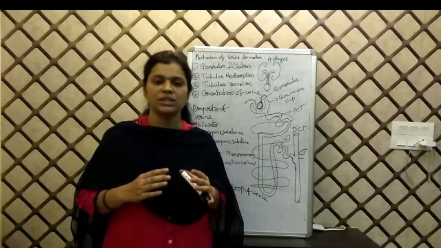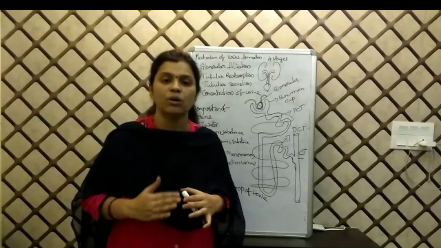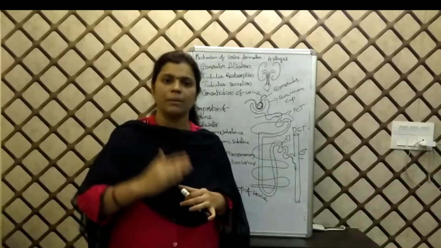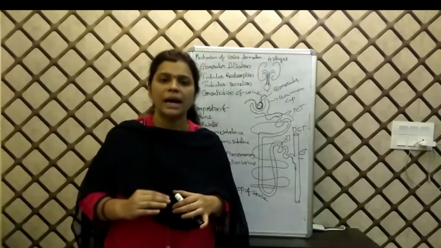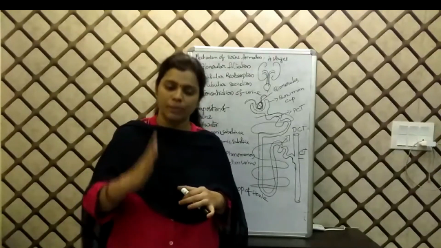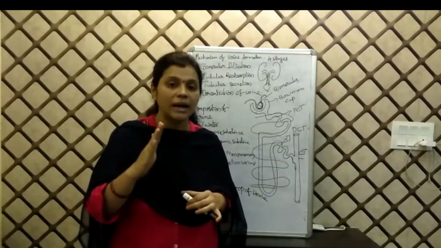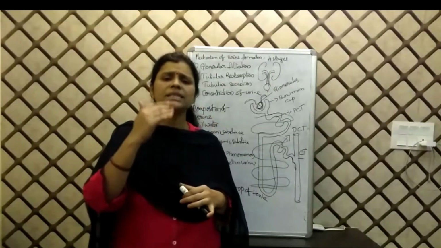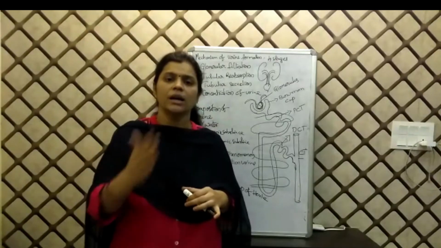The urine which is formed in the nephron will be collected and stored in the urinary bladder. And once the bladder is being filled up with the urine, the bladder opening, which is guarded by two circular muscles, will be closed. That means the exit will be closed till the bladder is filled up. Once the bladder is filled up, these circular muscles, sphincters, will be relaxed and through the urethra, urine will be passed